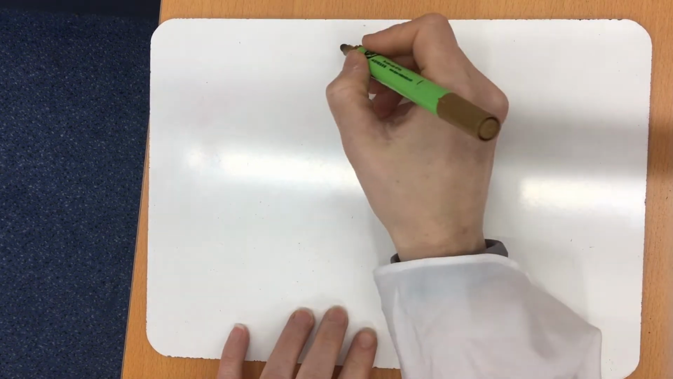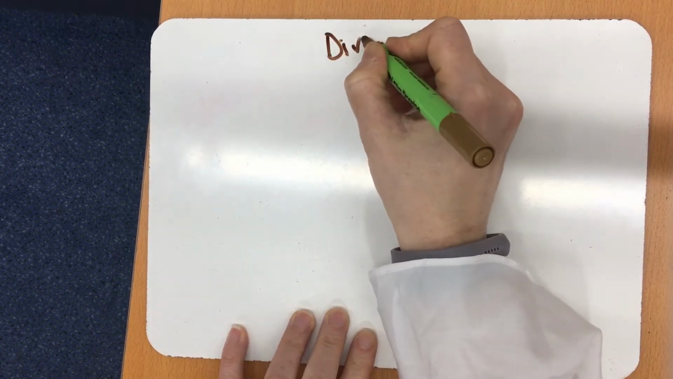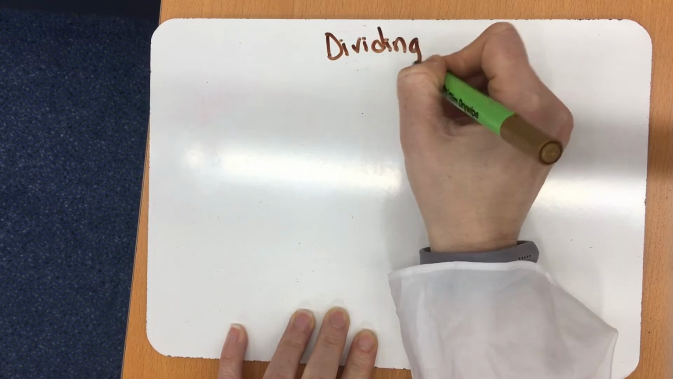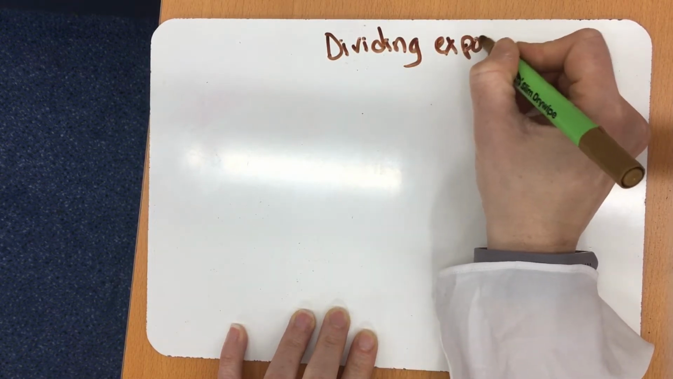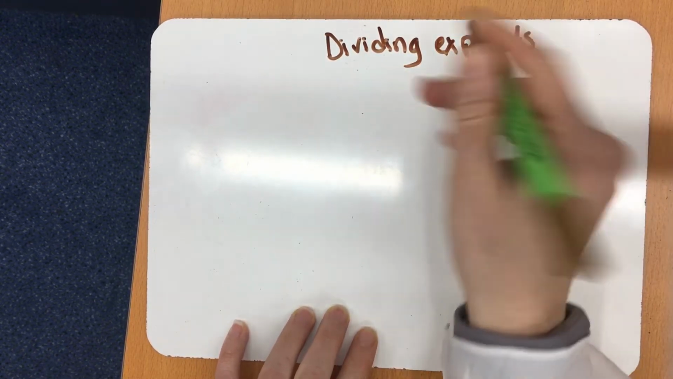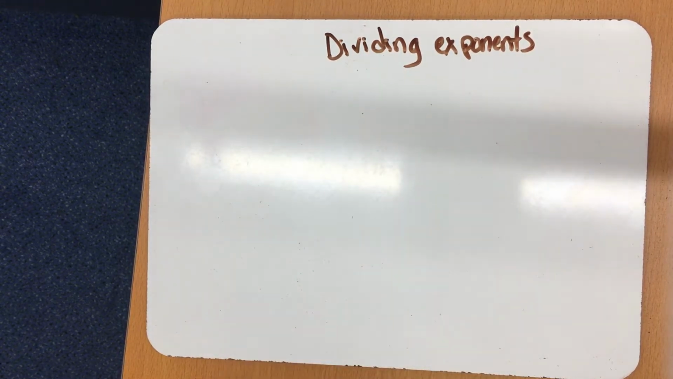Let's talk about our third exponent law, or exponent generalization. This one is going to be about dividing exponents, or dividing powers. So the key thing you have to remember before we look at how dividing exponents works is that any number